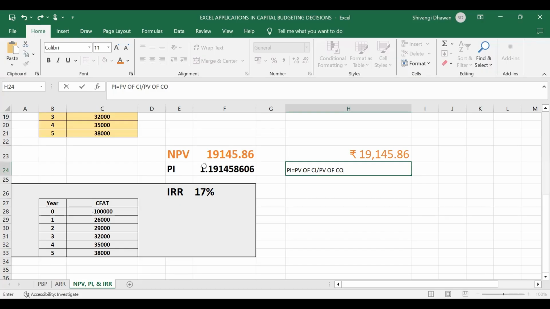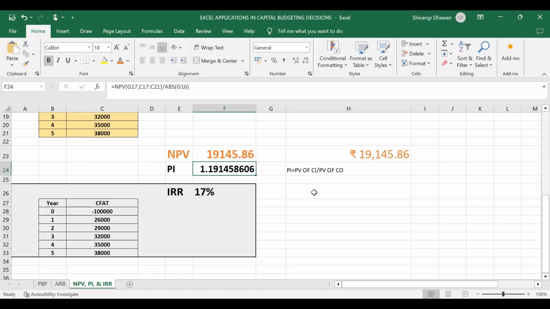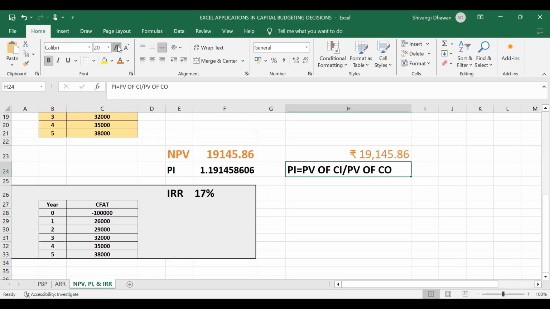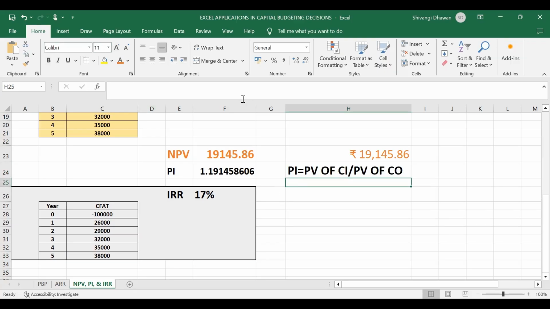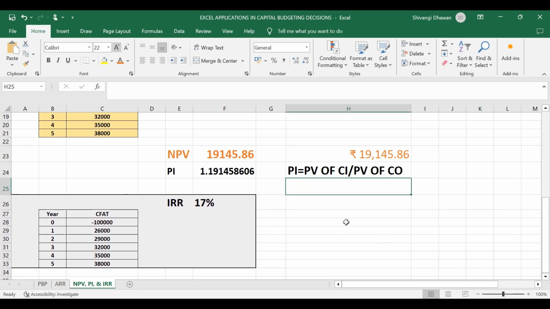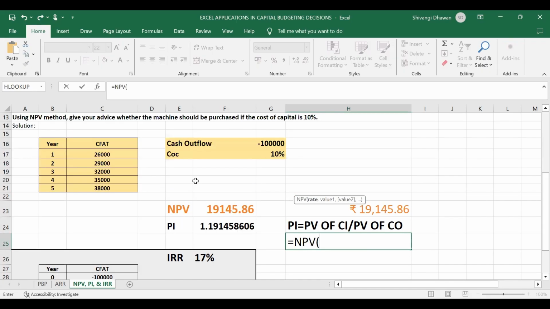So how can we calculate it here? You just need to calculate it like this. So this is the formula. I will just make it bold for you. And here there is no inbuilt function of PI, so we need to calculate it individually. We know that in order to calculate the present value of cash inflows, we can easily use the NPV function. So we have the rate also, and we have the CFATs also. This function will give us the present value of cash inflows, and we need to divide it by 1